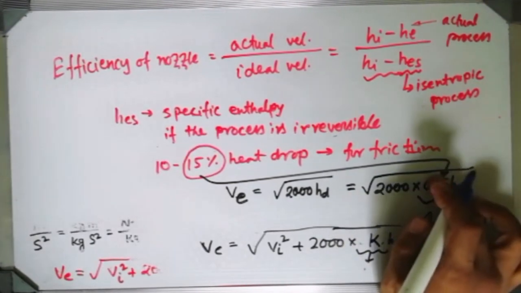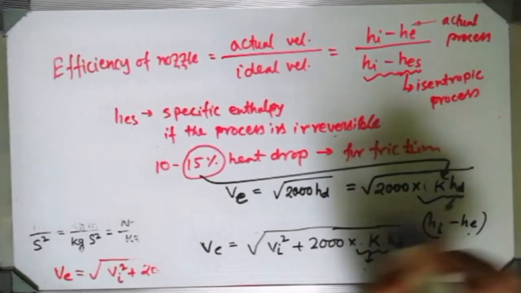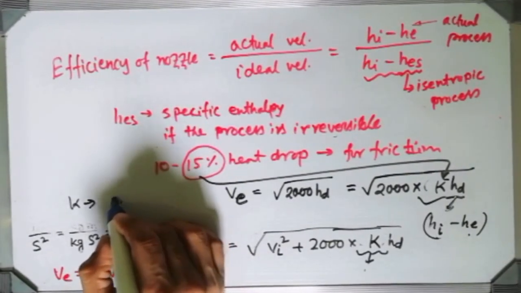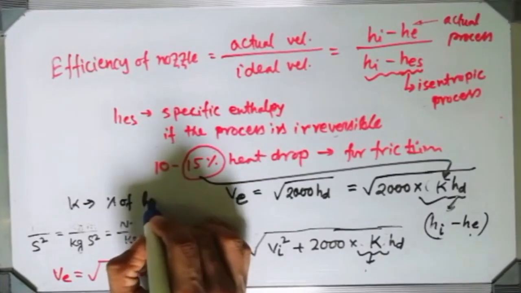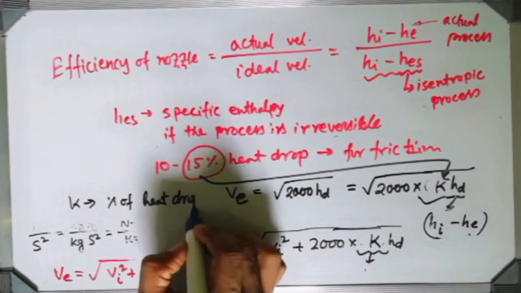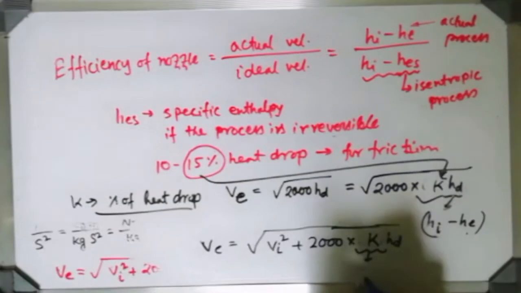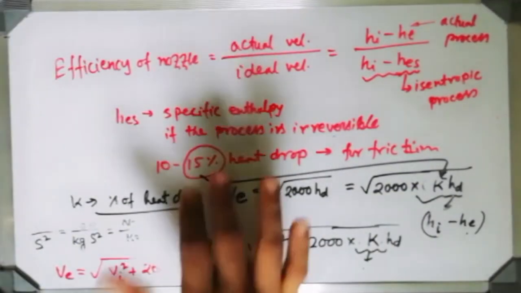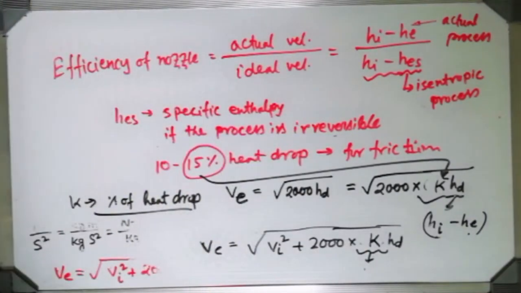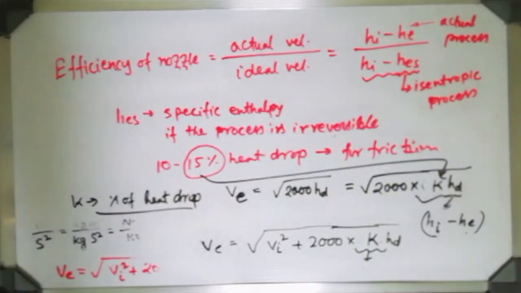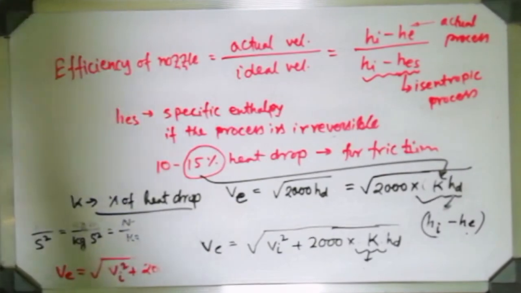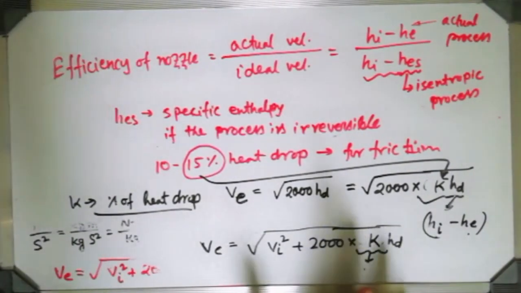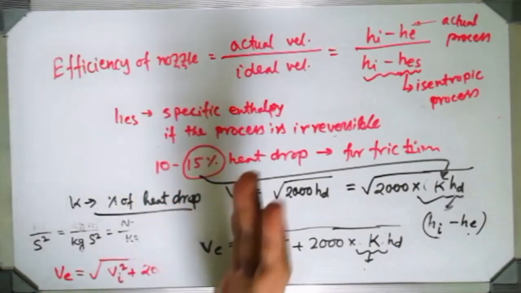Why is this K there? K is the percentage of heat loss. K is the percentage of heat drop in the actual case. Then that expression will look like this. Can anybody understand that suppose in the problem it is given 10% heat drop, and still you are putting 0.15 there because sir, you have written 0.15 in the relation, so why should I replace it by 0.1? You have to replace it because it is given that the heat drop is something else. Understood?